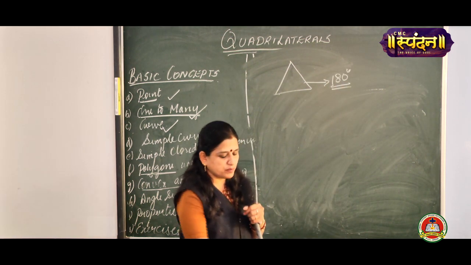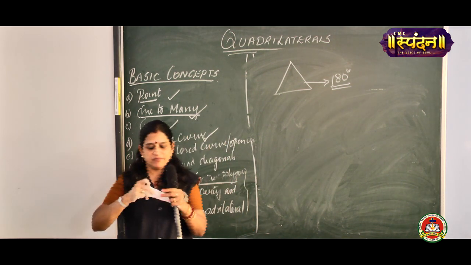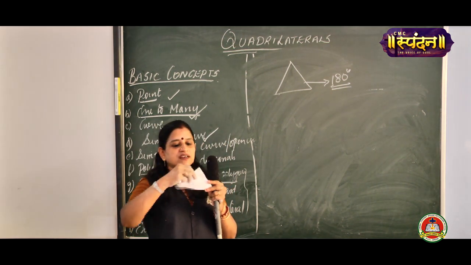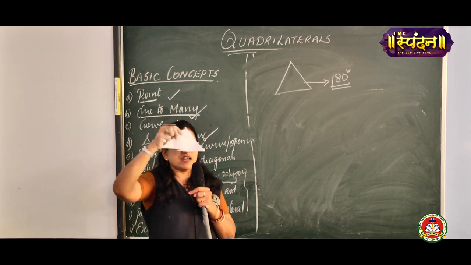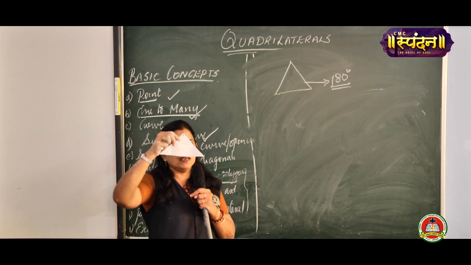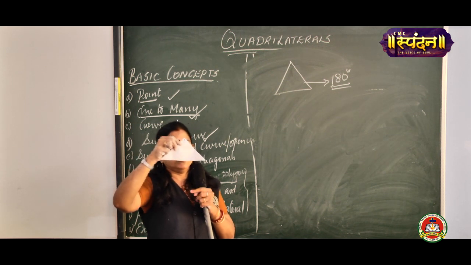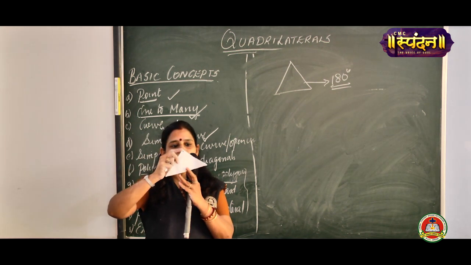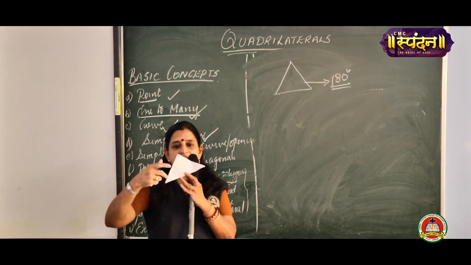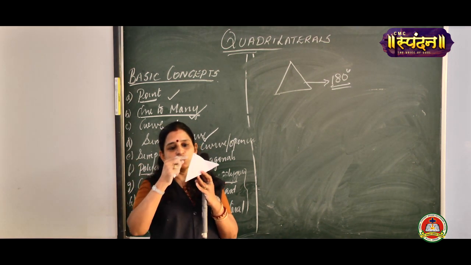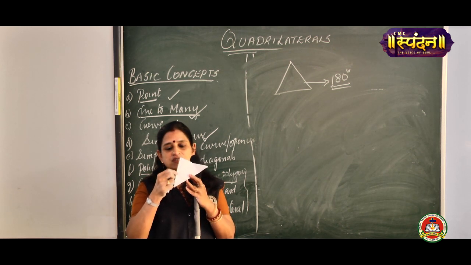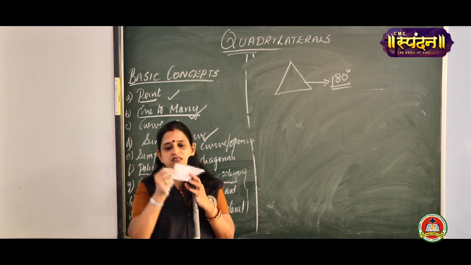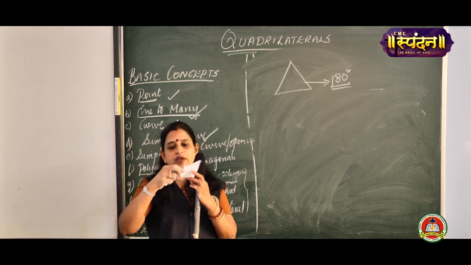This can be proved by an activity. Now if you take a triangle, name this triangle as A, B and C. That is, the vertices, you name them A, B and C. What I am going to do is take the midpoint of this side AC. How do you take the midpoint? You fold these two corners, and you will get the midpoint.